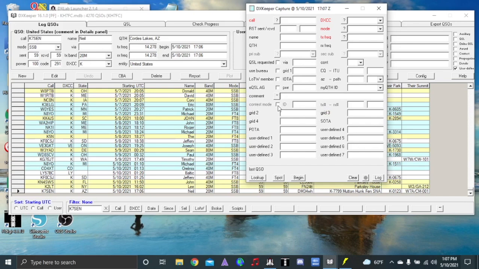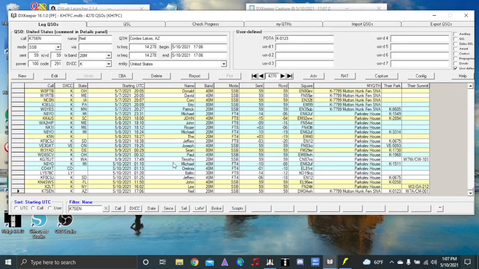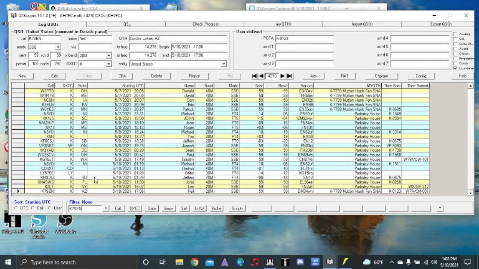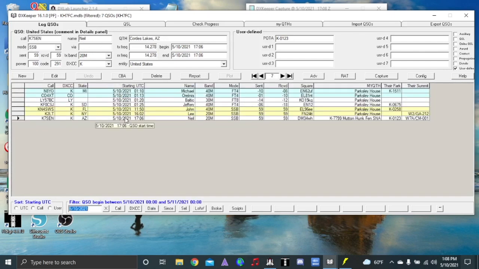So that you know when you get your 10 contacts. And then the other thing that this particular software does is if you go to QSL, it interacts with both eqsl.cc and also Logbook of the World. And then you just add your contacts into here, and then you hit the upload button. Since I would only want to do that one activation, I would type in the date, and then I would hit date, and then it will bring up all the QSOs that